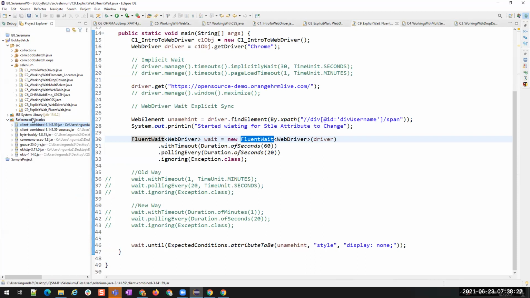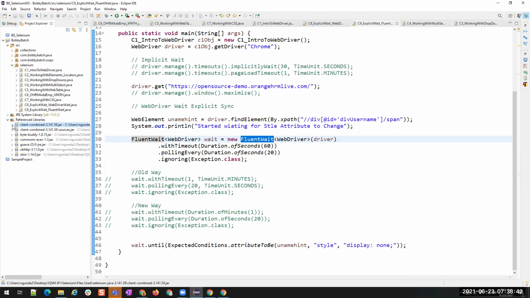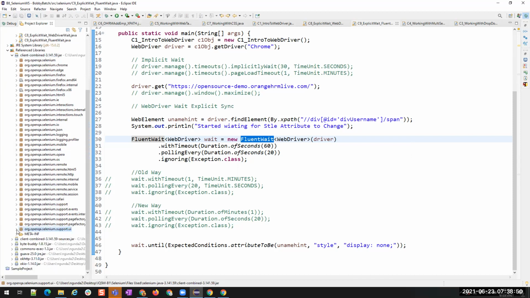In the beginning setup, we discussed this. So when you added those libraries, these methods became available for our code to access. If you see, this fluent wait is coming from org.openqa.selenium.support.ui. This is the package.